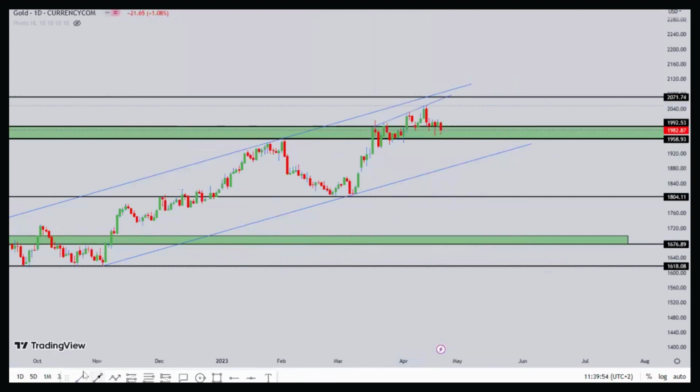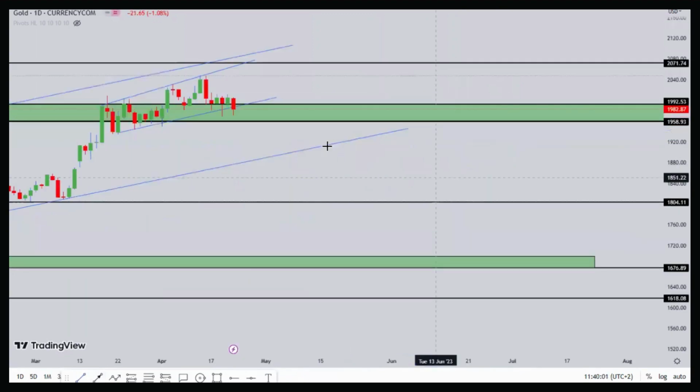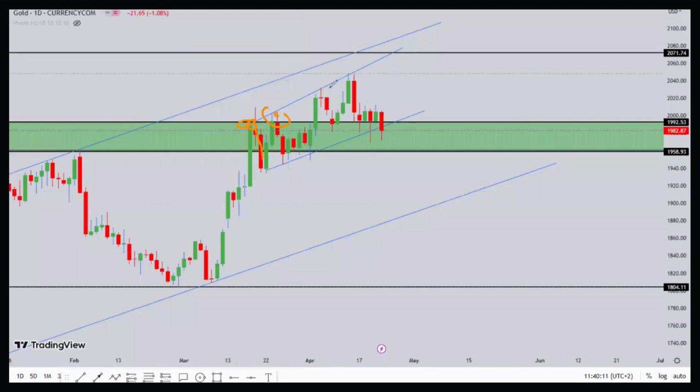I had expected that once the market touches the upper channel on the daily time frame, of which we saw this channel acting so many times, it would come down. It acted twice, coming down again, and then it acted and went down. So this touch here was very much appreciated, and we knew that gold was going to come down,